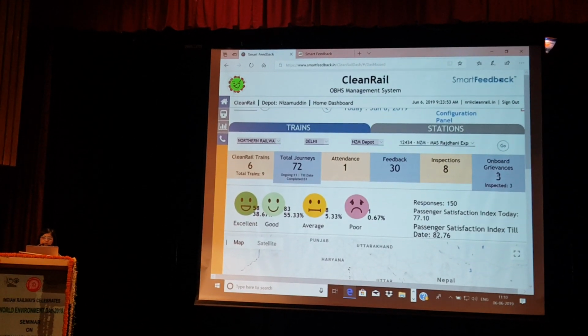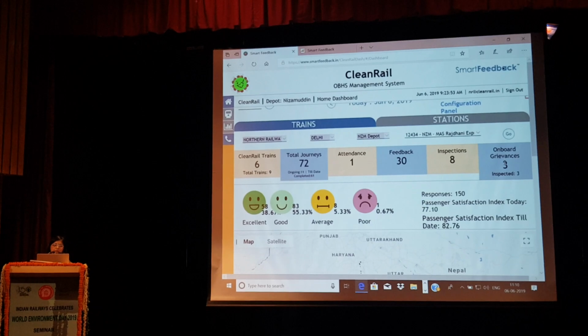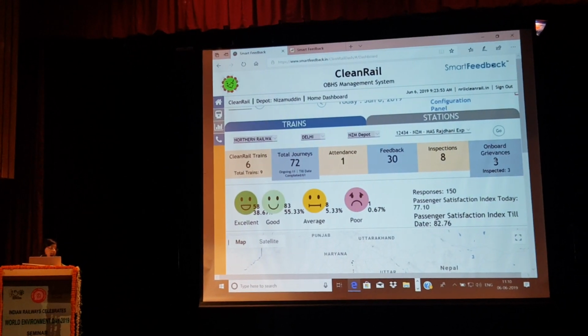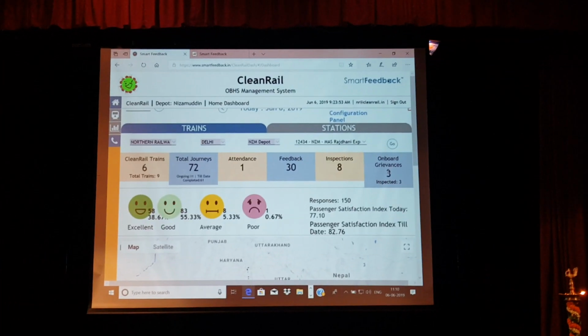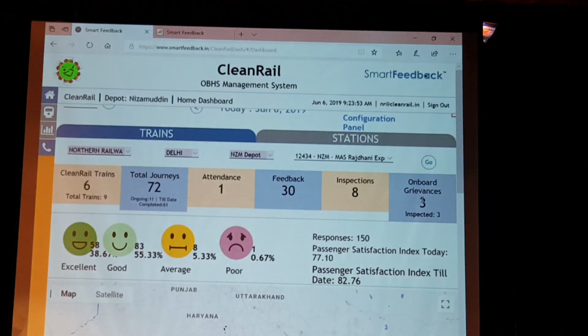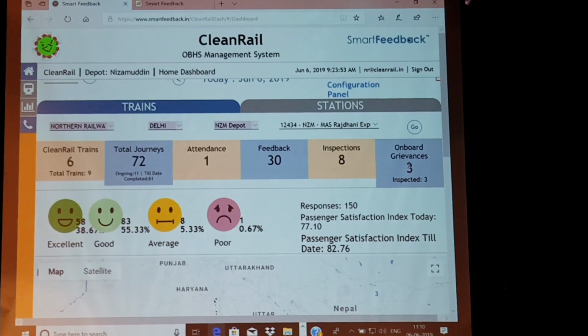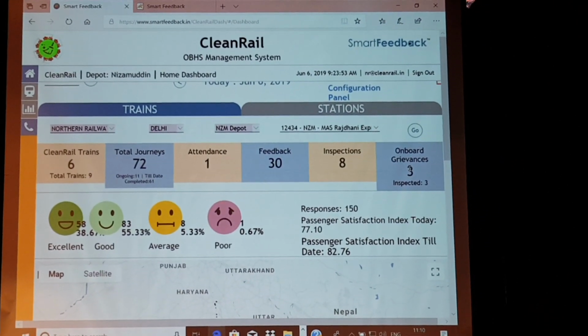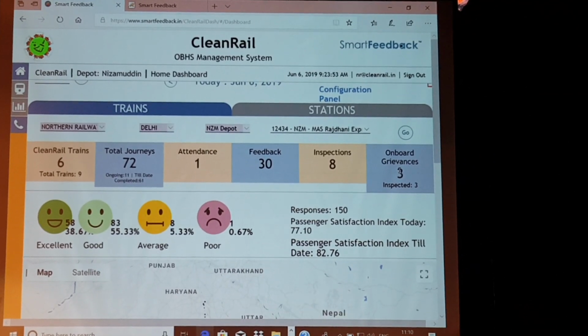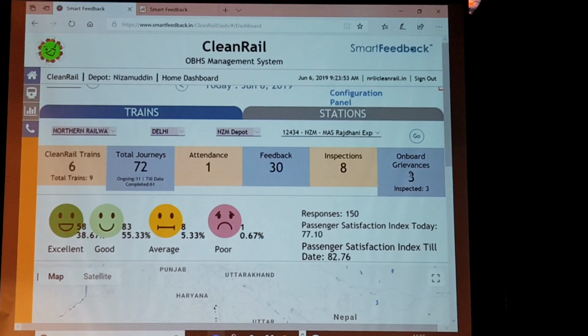So the onboard grievance is a closed loop system. Anytime a passenger raises a grievance, the automated alert goes to the supervisor. The supervisor conducts an inspection, ensures that a resolution happens, takes a pre and a post picture to submit, and